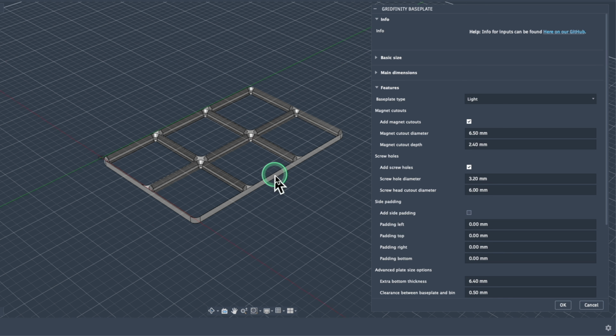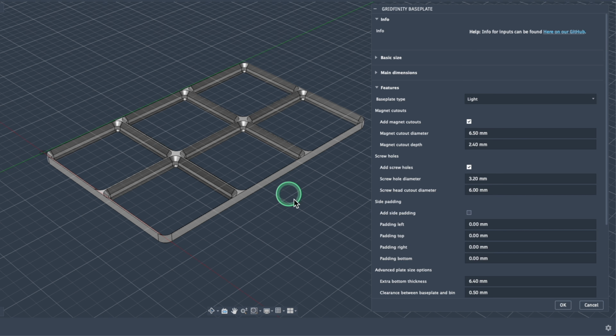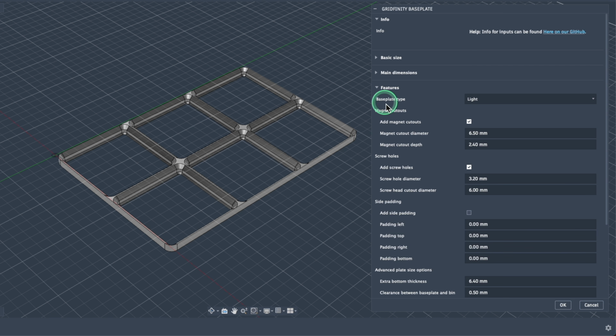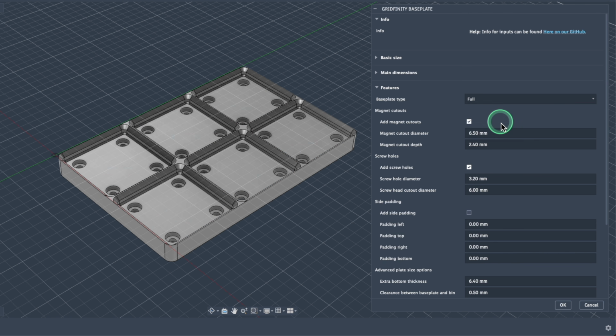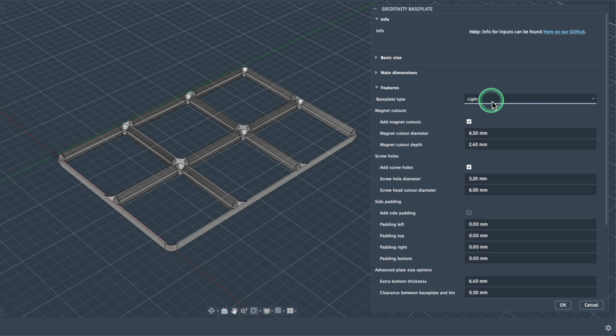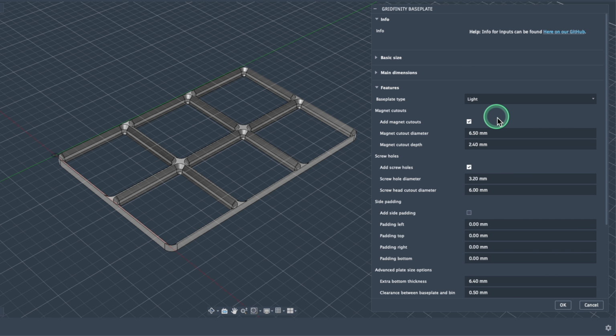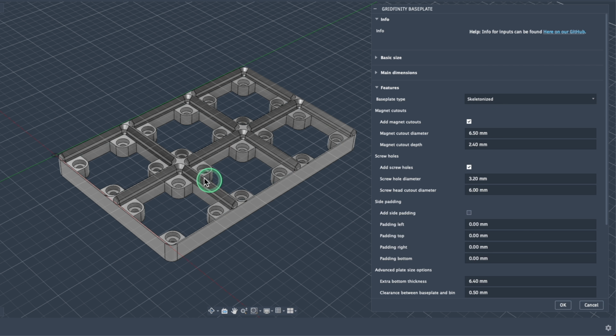Features is where things start to get really cool. There's a ton of ways that you can configure your base. What you're looking at right now is the base plate type of light. There are 3 different modes. You can have light, you can have skeletonized, or you can have full. And all that really does is add material depending on what you need to do, specifically if you want to add things like magnets or screws, depending on how you want to secure the bins to the base plate. Just to demonstrate what this looks like, I'll go to skeletonized real quick,